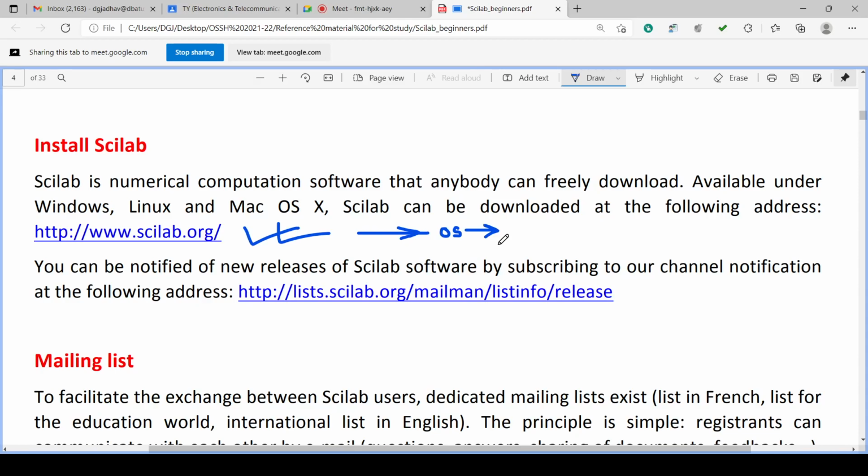So if we have a Windows operating system on our desktop or laptop, then we can download the Scilab package for Windows. Again, we have to check whether it is 64-bit or 32-bit. Nowadays 64-bit is common, but if it is an old system, we have to go for 32-bit.